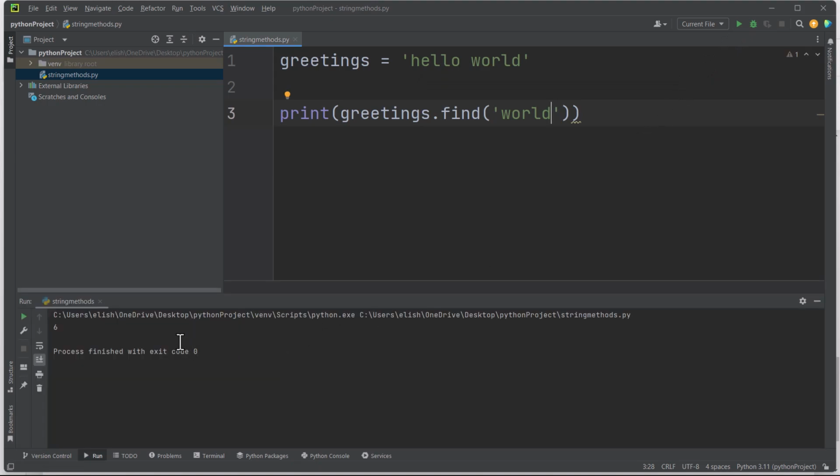So it has given us that the index of word is what? 6. That is, it has given the index of the first character in the word string. That is W. So now that we want to slice word, we know that its index starts from what? 6. So we can just say